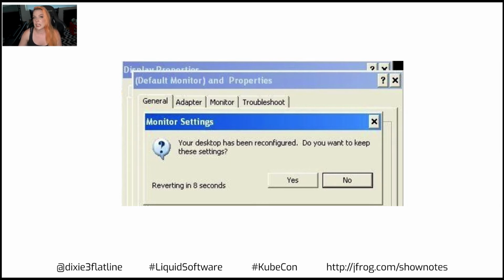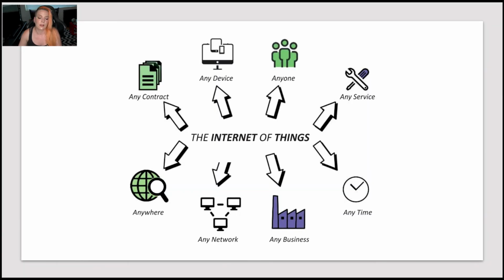If you didn't click yes after a certain amount of time, it would assume that you couldn't because your screen is black and you can't see anything, and revert for you. Local rollbacks today are a little bit more complicated than just remembering a previous resolution setting, obviously, but it's the same idea. So these are both IoT examples, but more things than you expect are IoT devices these days, like